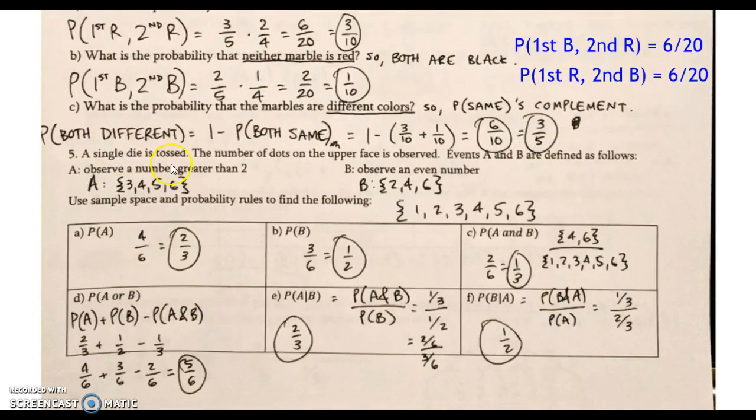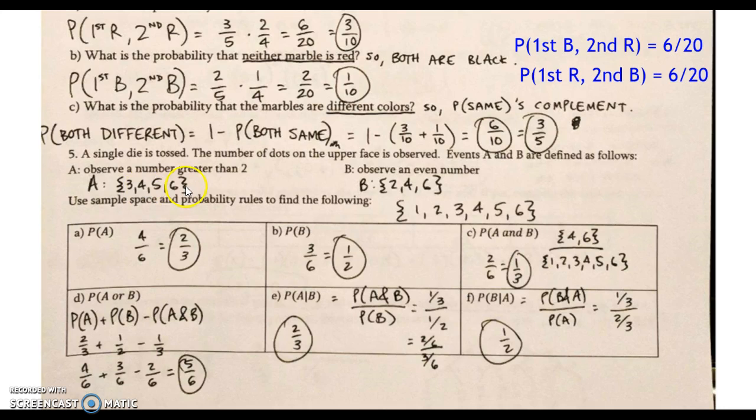For number 5, a single die is tossed. The number of dots on the upper face is observed. We wrote out the sample space here, or I wrote the sample space, because you guys didn't do anything. I wrote out the sample space of number greater than 2, and the sample space of even number. These are our desired outcomes. Here's the entire sample space of everything that was possible,